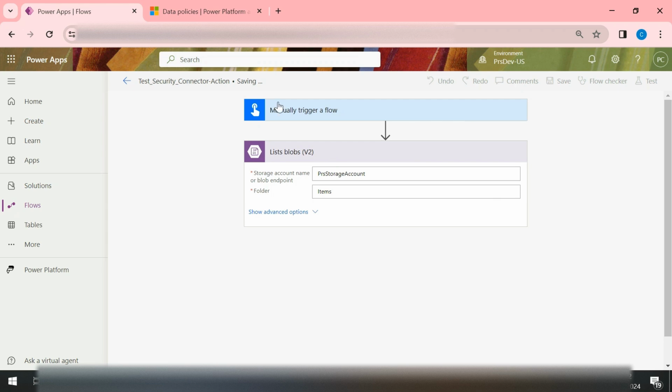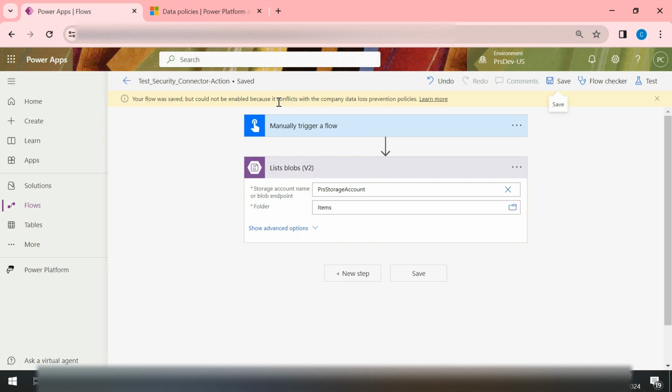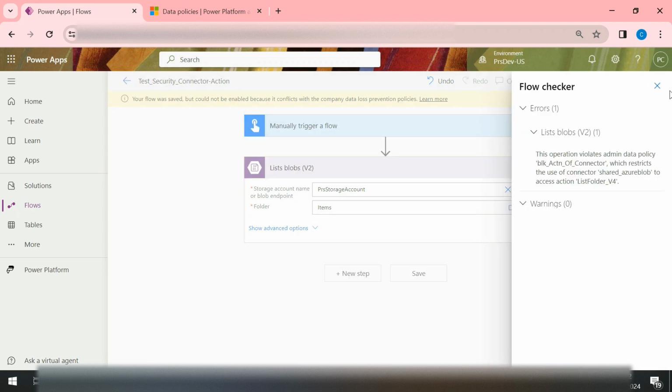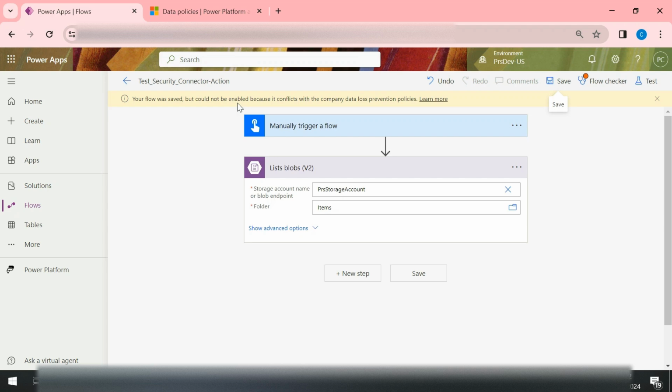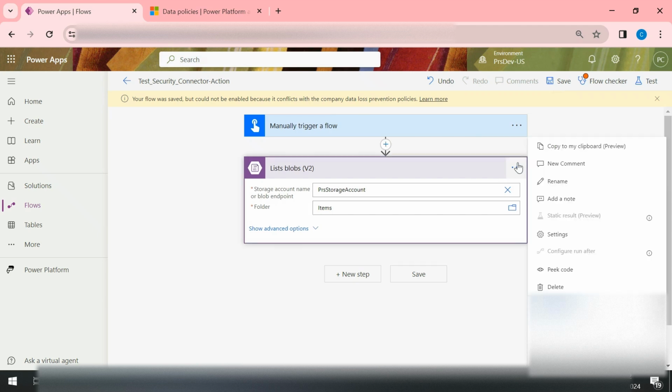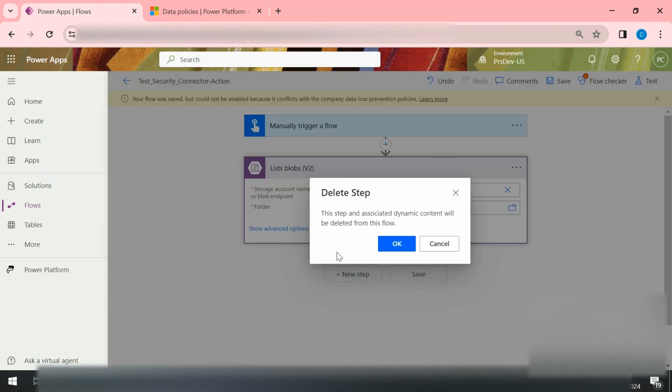It should allow me to save this. See, I got this notification that your flow was saved, but it could not be enabled because it conflicts with the company's data loss prevention. Although I haven't blocked this particular connector, this particular action I have stopped under my DLP. Okay. Now, if I try to use any other,